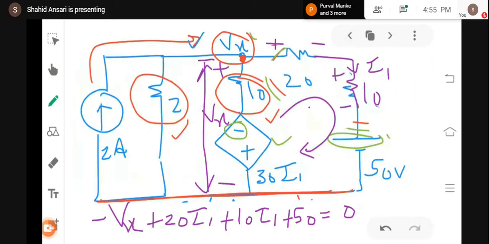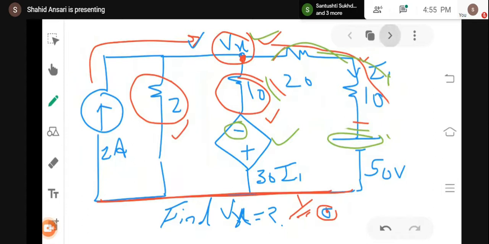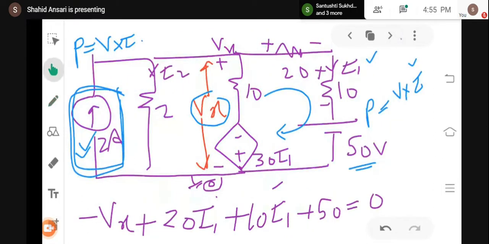Now for this particular circuit, if it has asked to find out power absorbed and power delivered, they are different. Okay, if it has asked to find out power delivered by the 50 volt source, then I will simply write down voltage across, voltage is your 50, multiplied by I1. If you are considering this source as an active element, then only you can consider that this particular source is delivering power. If it is passive, then it might be absorbing.